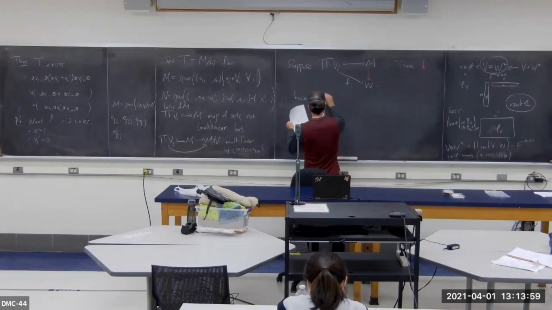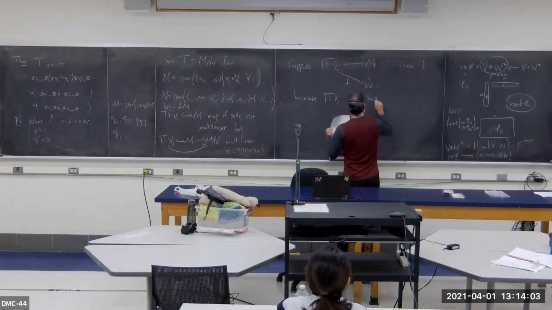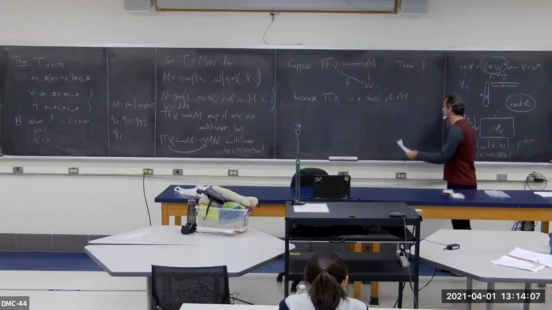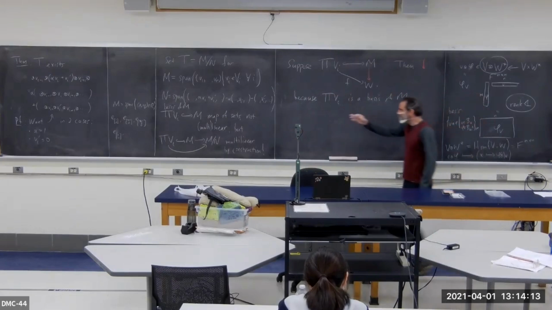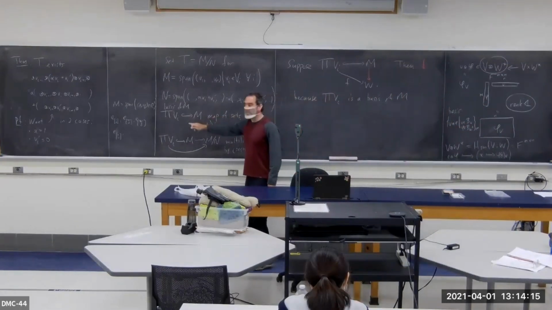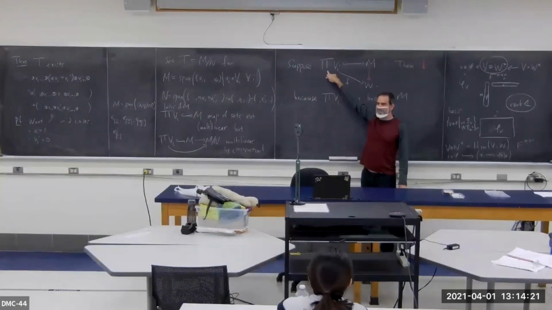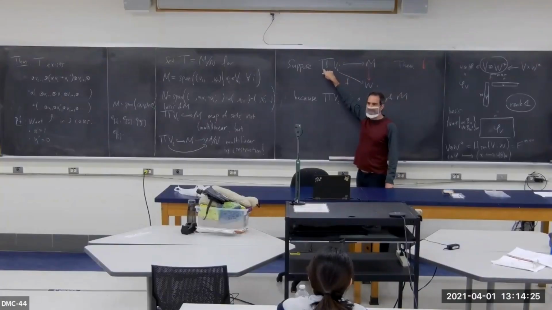the product of the V_i is a basis of N. Think about that for a second, right? The product of the V_i's is a basis of capital N. So this is a vector space whose basis is this set. So I can take, because these are vector spaces, that's a vector space, that's a basis, I can define, remember